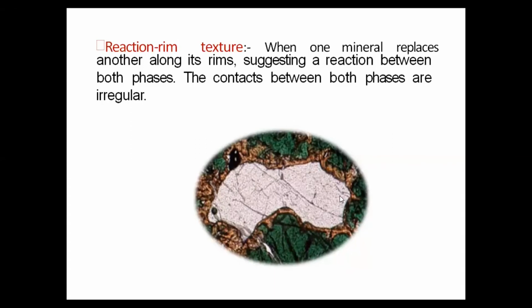As these two minerals grow during metamorphism, maybe due to partial melting or hydrothermal solutions, there is a growth of two minerals. As a result, when these two minerals react with each other, a reaction rim forms, and this reaction rim is present on the boundary of the crystal that has been reacted with.